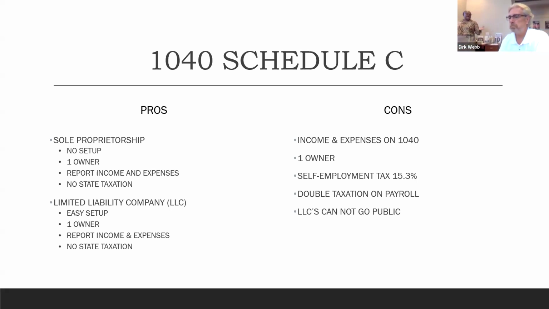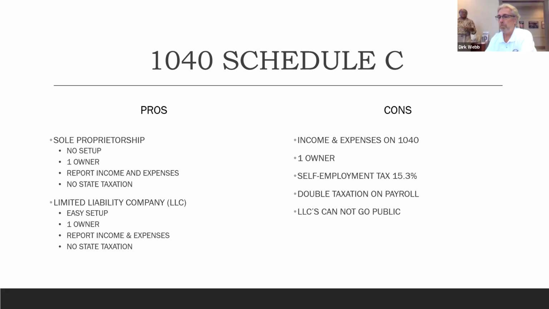One owner, you cannot add any other owners. So if you're one owner, sole proprietor, you can't say, oh, well, my wife's an owner also. It's just one owner because there's one social security number attached to it. There's nowhere in your Schedule C for 2 social security numbers.